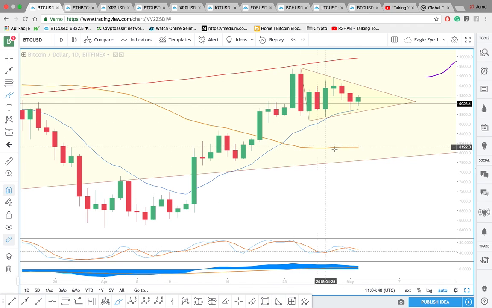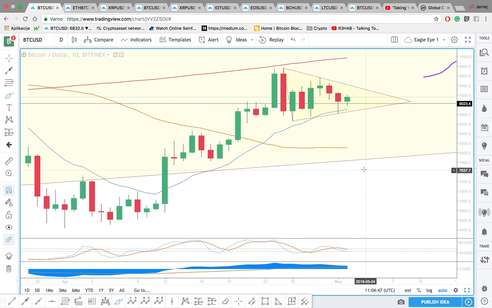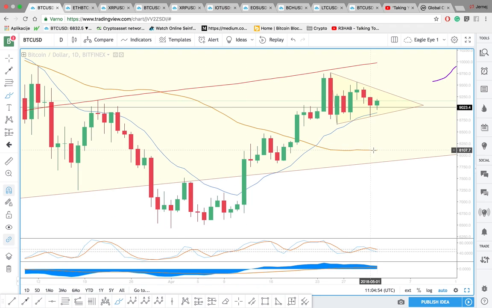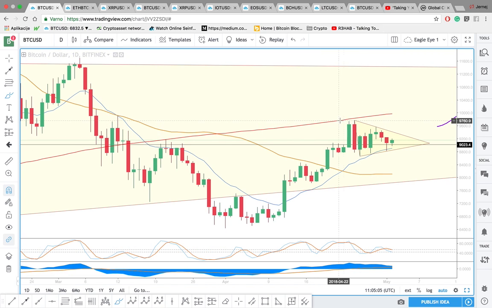So the 50 MA is angling kind of down, but it's flattening out, and the 50 MA is, for me, the main moving average that I'm looking at. And according to that, I determine, is this a downtrend or an uptrend or a sideways movement, which is happening now. But I've also talked on Twitter that the 200 moving average is a key area to watch, which is this red line. This is the 200 moving average,